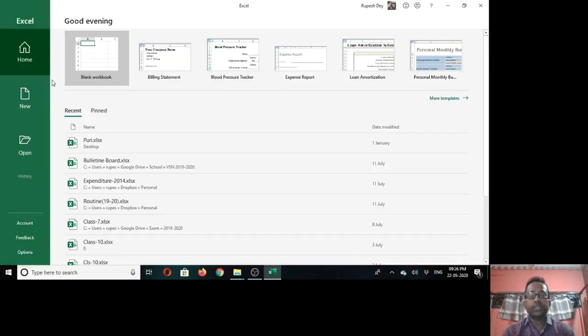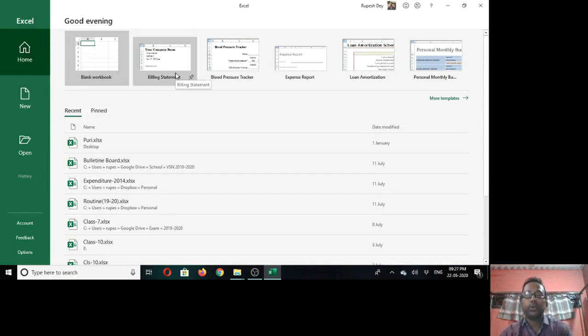But in our book, we will learn Microsoft Excel, which is a powerful Windows-based spreadsheet software developed by Microsoft Corporation. It is a component of Microsoft Office suite. It is used for storing, calculating and manipulating data to make summarized reports, tables, charts, etc. Now let us open Microsoft Excel. This is the first screen of Microsoft Excel where you have to select this blank workbook to create a workbook.